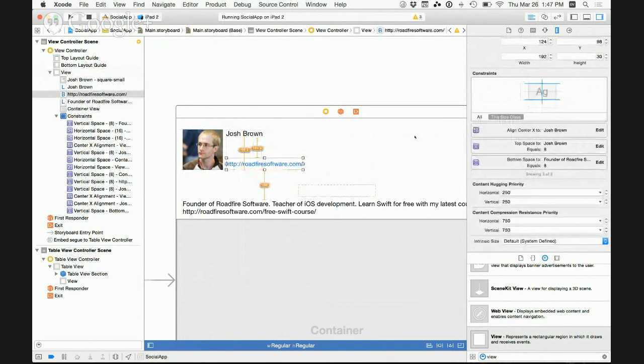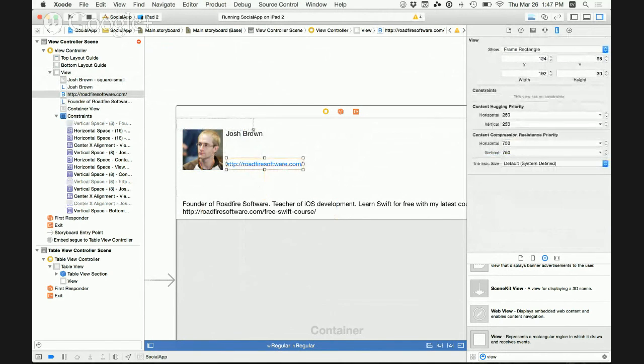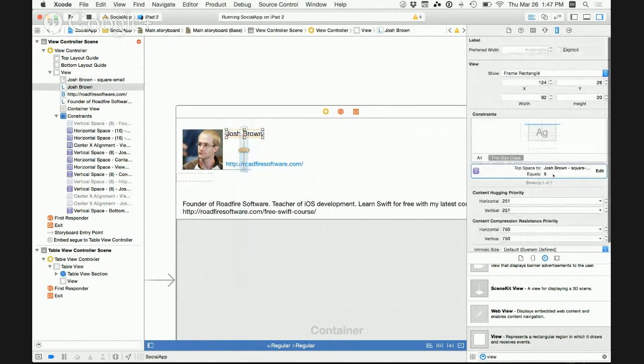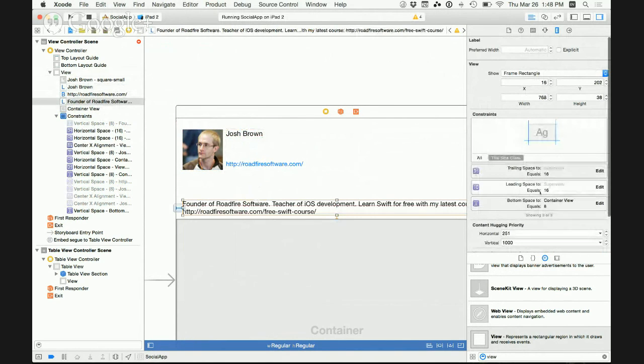So all our constraints are wrong now. So I'm going to just delete those. And same for this one. We don't want the X to be centered. We don't want the top to be the bottom of the image view anymore. And for this view too,